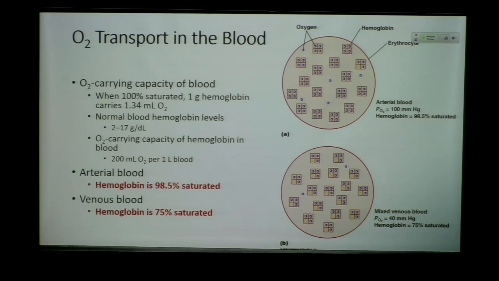Can anyone think of a reason why that would be important? So even in deoxygenated blood, even in our systemic veins, we've still got oxygen bound to hemoglobin. So yep, that's part of the answer. So it's going to help to drive the reaction in the opposite way. It's going to help with the state of hemoglobin to move towards going back to the lungs. But something else in terms of